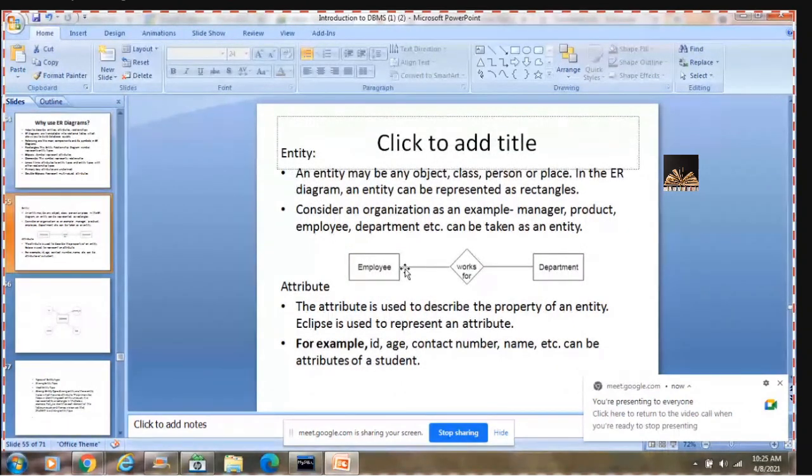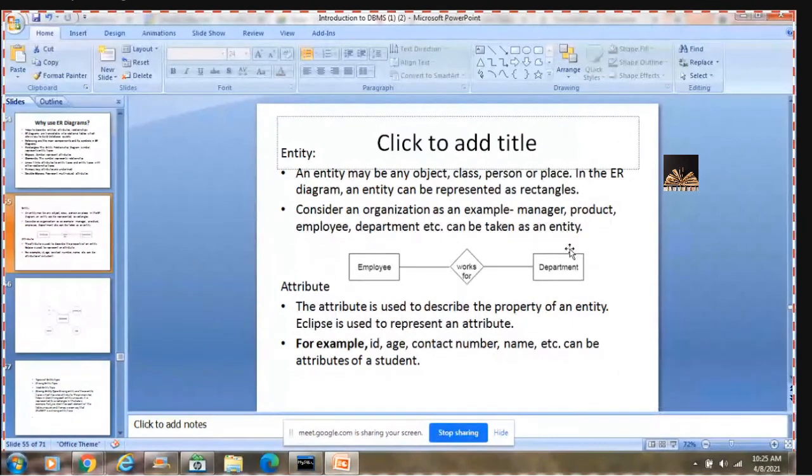See, the relationship is works for: employee works for department.